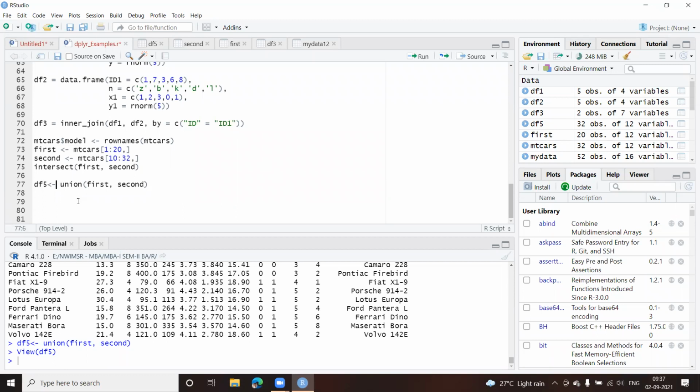So instead of using union, if I use union underscore all, the only difference is that the duplicate records are not going to be removed. Right? So I'll get all the records which are there in both the data frames, and the duplicate records will be kept.